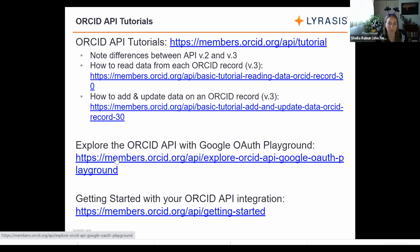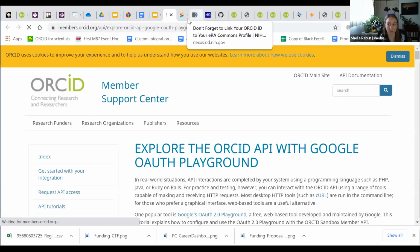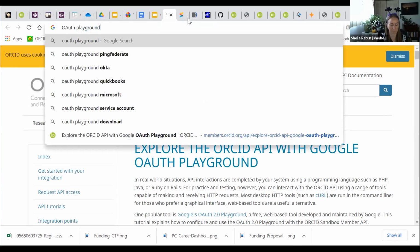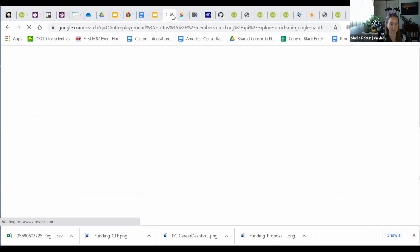But there's basically a lot of documentation, a lot of tutorials. If you want to use the OAuth Playground, here's the link to that. Oops, that was going into the wrong place. Okay, so anyway,